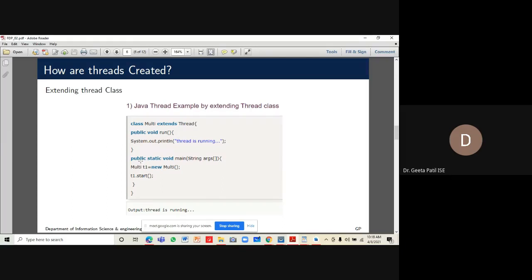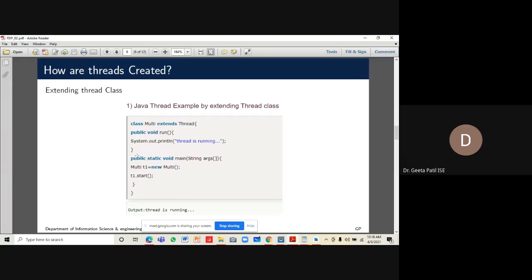We are creating a new object of the multi class. Multi t1 equals new multi. The object of the multi class is created, and we say t1.start. When we say t1.start, the run method from the class which extends thread will start executing.